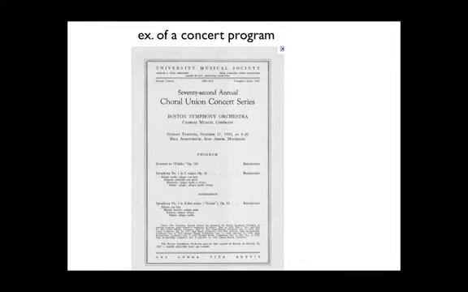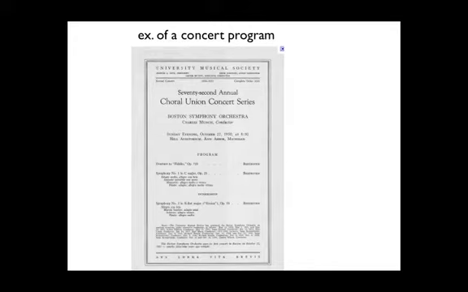Looking on the internet for an example of a concert program, I found this. It's actually very old. This is from 1950, but it has all the info that we need for right now. This is a program, so what you see listed here, in addition to the date of the performance and the location of the performance and the performing ensemble, this is the Boston Symphony Orchestra, a famous group that still exists. You've got the pieces that were played. Can you tell by looking at this, and I apologize if this isn't clear. I don't know why my PowerPoints and my videos are blurry, but hopefully you can kind of squint at it and see how many pieces are on the program.